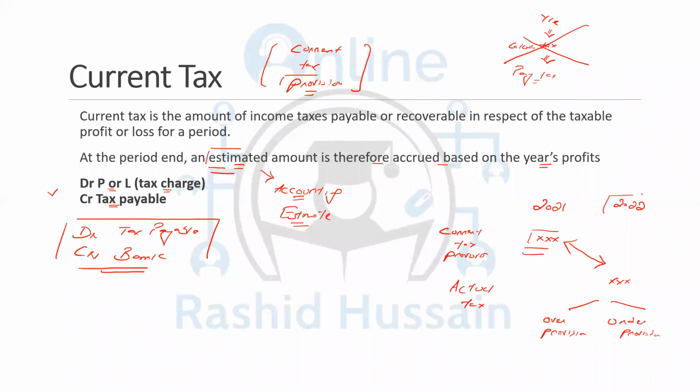And when the actual tax is calculated in the following year, you will become aware that it was either an over provision or under provision, that you have provided more tax or less tax. And when you are aware now of the actual tax situation, whether it was under or over provided, you cannot change your 2021 figure, because we know